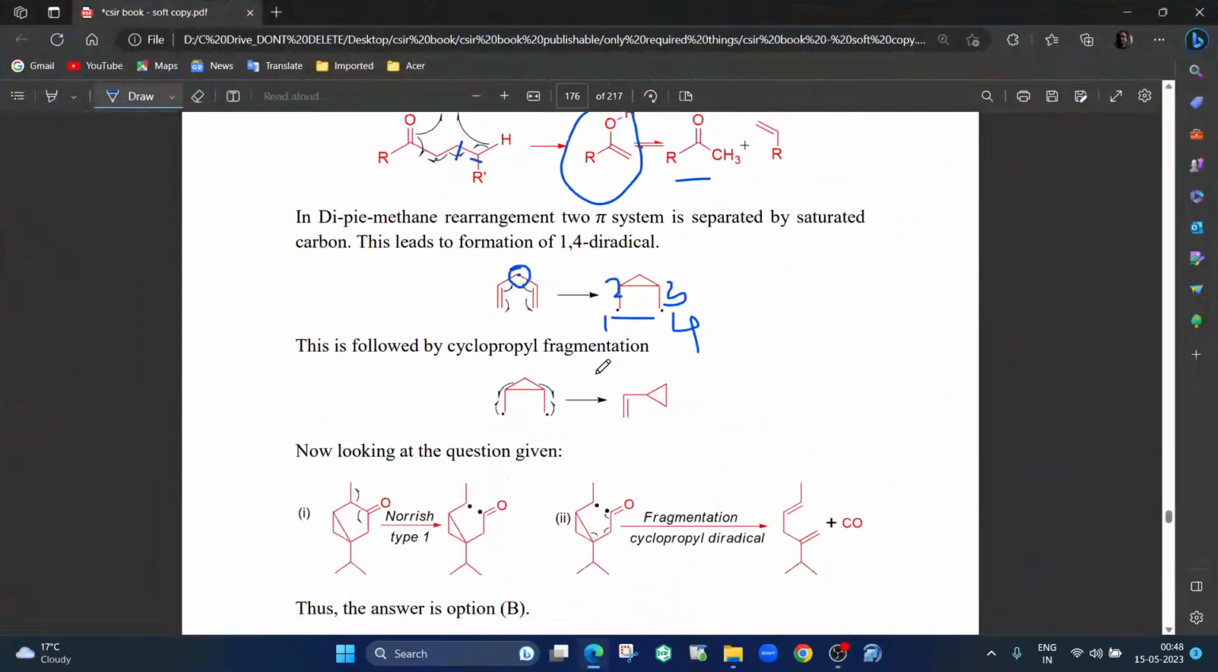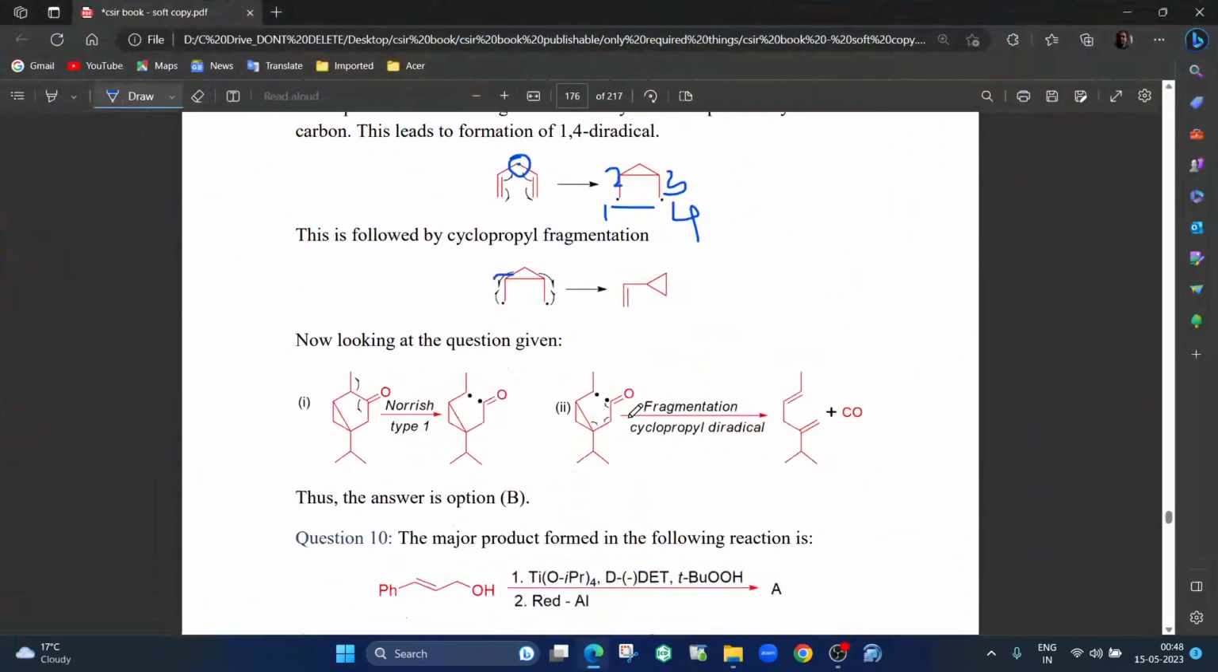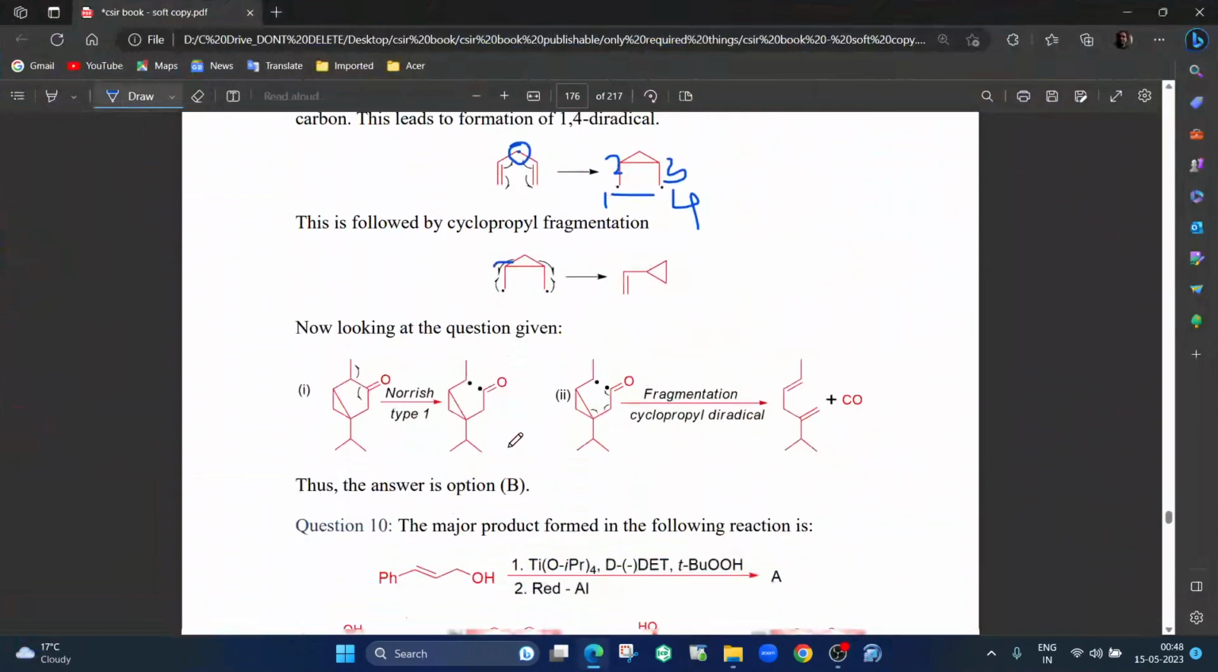You get a 1,4 radical and then it breaks open, and see here, if this is breaking, you form an alkene here, and this comes here and forms a bond here and you get a cyclopropyl ring here. So now let us look at this question. The question says,